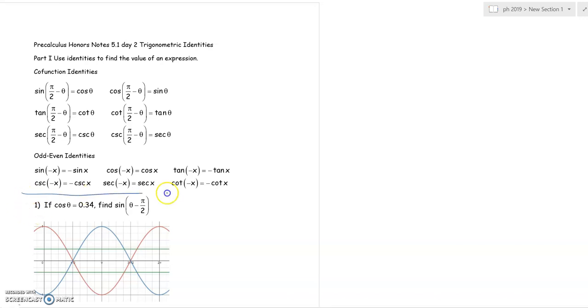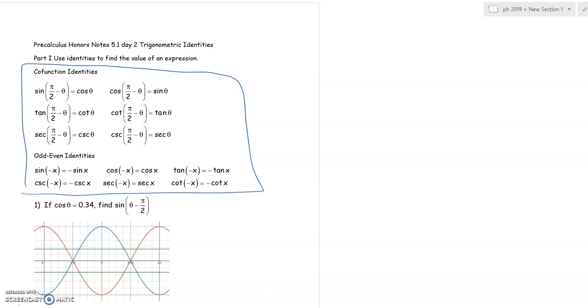Now, I don't think I would go ahead and try and memorize those, even though some of you might want to do that. I personally wouldn't. I think I would just graph them, and I will show you what I mean in just a second. So, for example, if you take a look